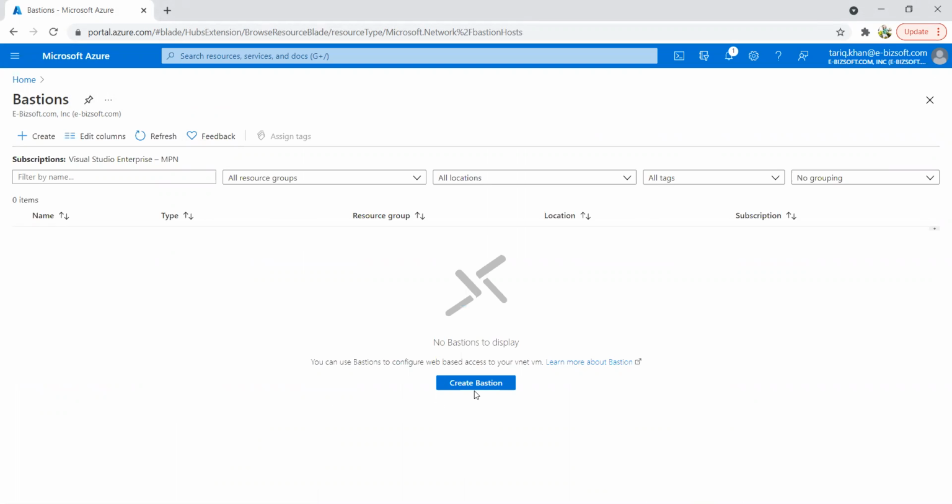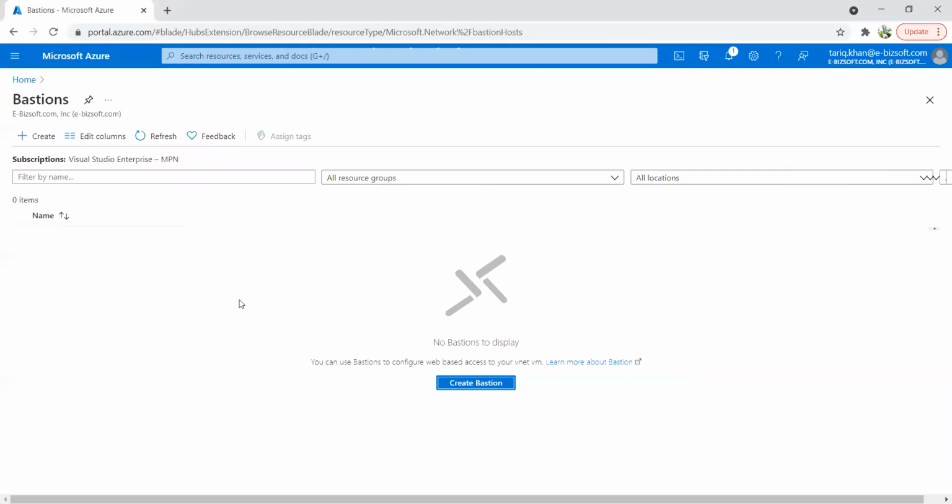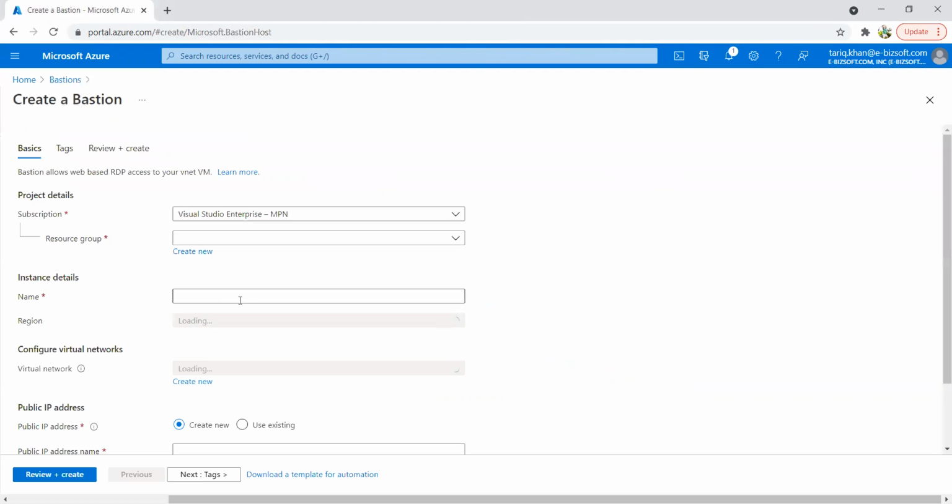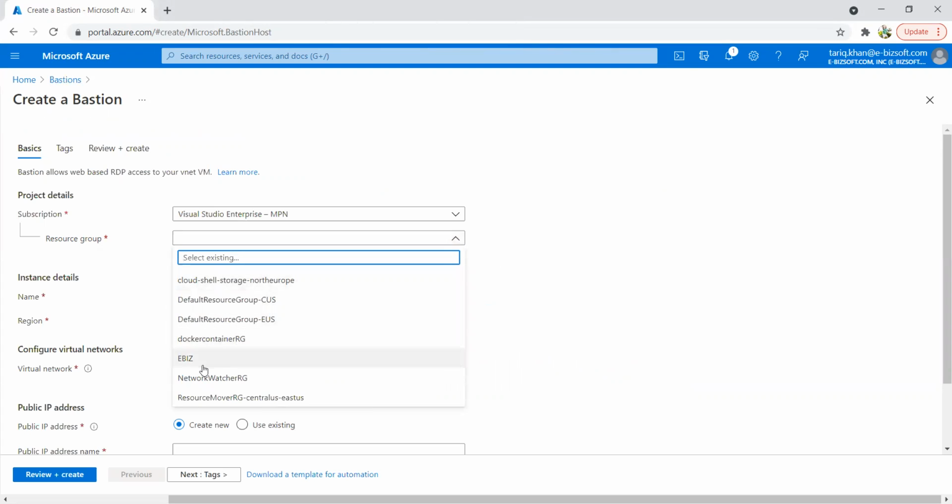So let's create Bastion for our virtual infrastructure. I just click on create Bastion, and it asks for my resource group, which was created previously during the demo sessions.